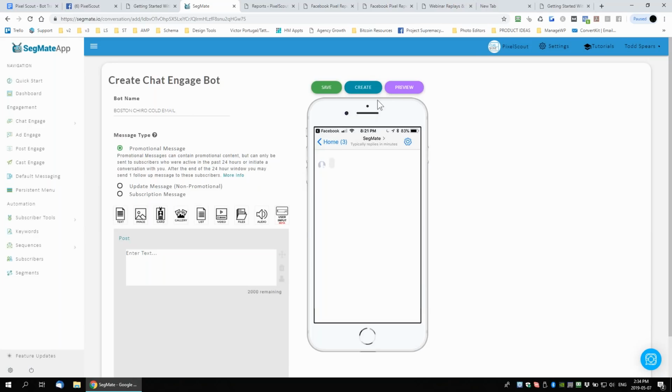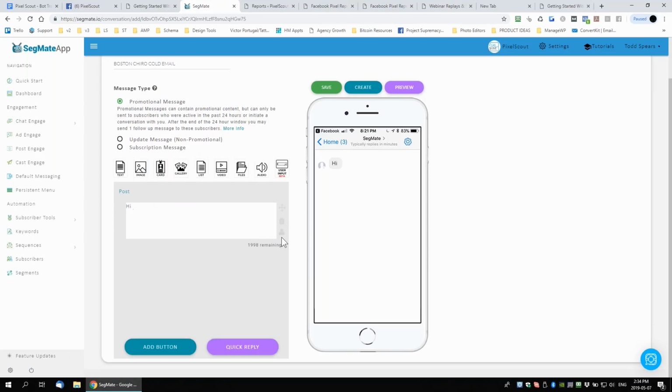Okay, and this is where you're going to set up your email or your message. I'm going to refer to it as email a lot. So you'll see a little picture of a cell phone, and then you'll see over here where you can start typing in things. So hello or hi, you can address them, and then there's this little head guy right here. This is your first name and last name, so you can have your messages be personalized. Click that, and it'll enter in first name, and then you can simply